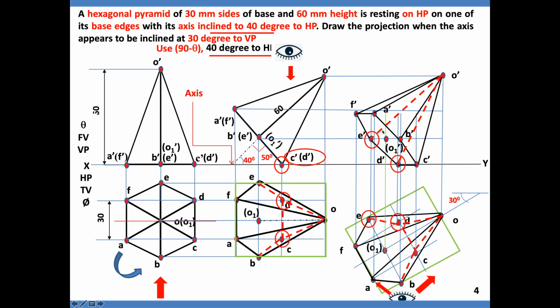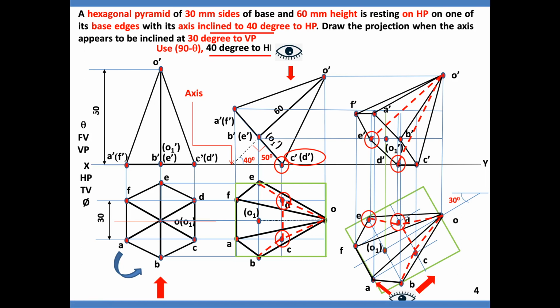By mistake, if you have drawn this dashed line as a continuous black line, then this is two black lines crossing, not allowed. Or if you had made this line dashed, two dashed lines crossing, again it's wrong. So please cross check, and accordingly make the continuous and dashed lines. Here in this case it is correct.